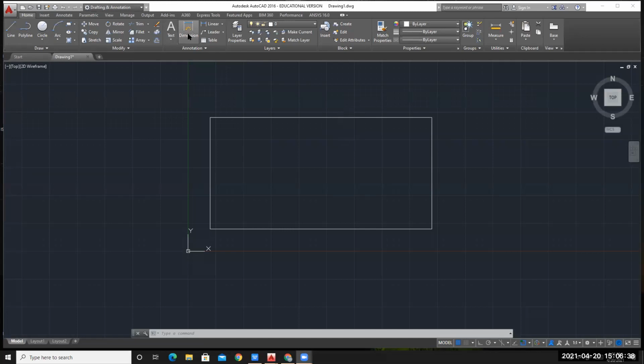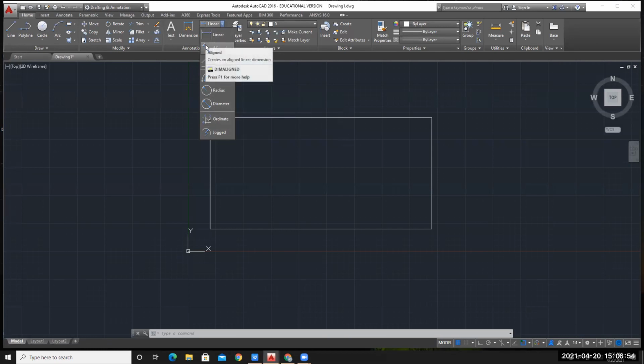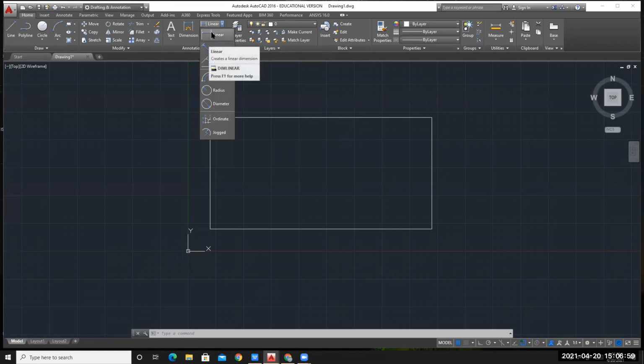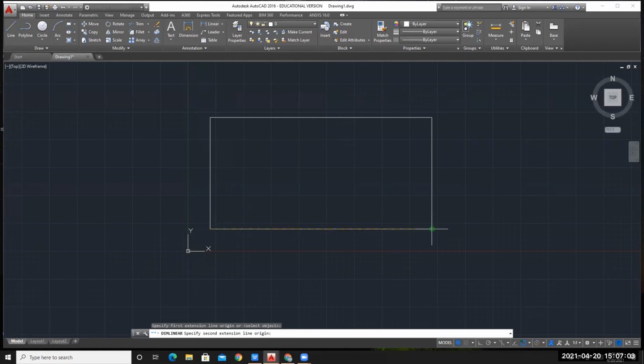You can see this is your dimension. We can give many types of dimension like linear dimension, aligned dimension, angular dimension. Slowly you will learn all of them. So for time being, I will go for this linear dimension. Linear means either horizontal or vertical.